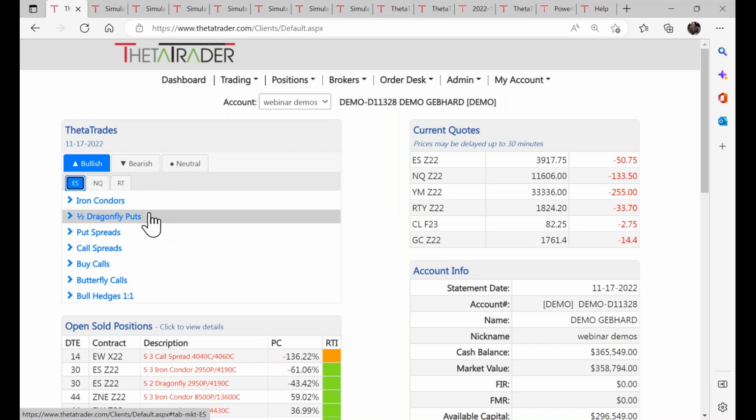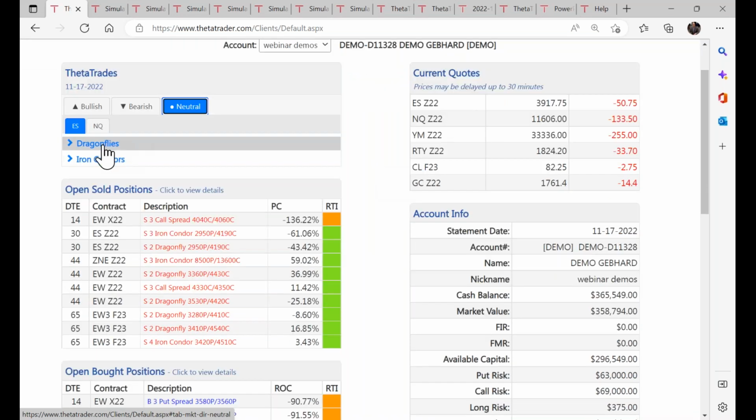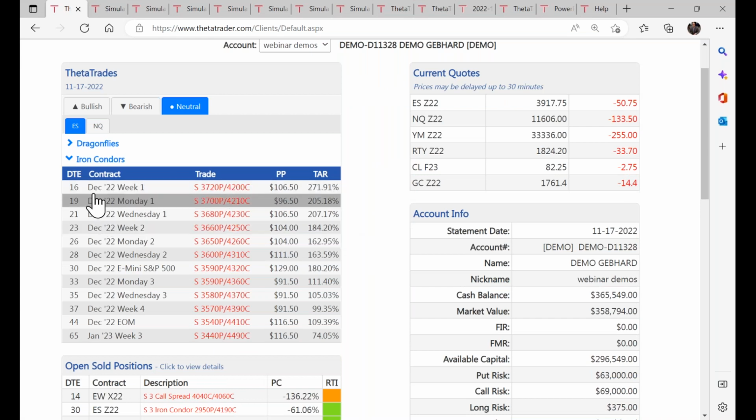So since we looked at these non-directional strategies, let's focus on today's theta trades for the Condor. You can see there are trades available. The algorithm has generated these for you. It has chosen trades anywhere from 16 to 65 days till expiration. It has pre-selected the strike prices for you, as well as the value of the trade here. And this here is your targeted annualized return at expiration.